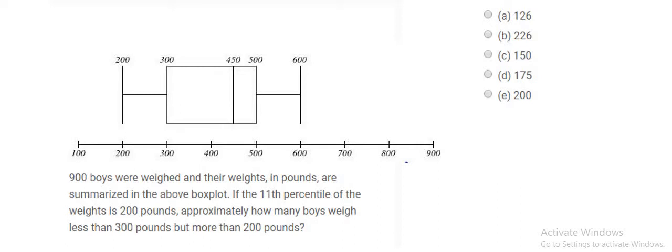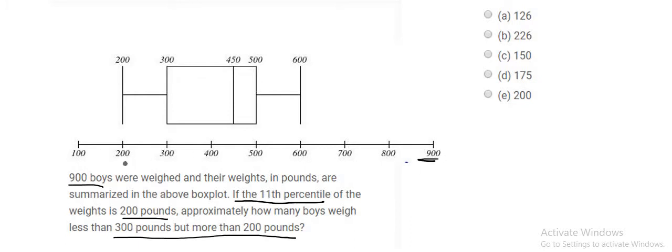It says that 900 boys were weighed and their weights in pounds are summarized in the above box plot. If the 11th percentile of the weight is 200 pounds, approximately how many boys weigh less than 300 pounds but more than 200 pounds? So from this image we can see that the total number of boys is 900, and